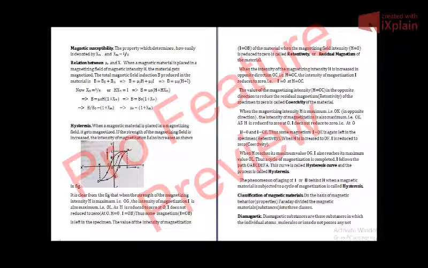Retentivity has been derived from the word retain. That is, the specimen has retained some magnetism in it. It has now become a magnet itself. The iron has now become a magnet itself, even though we have switched off the magnetizing field. This is also known as residual magnetism. Why is it called residual? Because some magnetism resides in the specimen now.